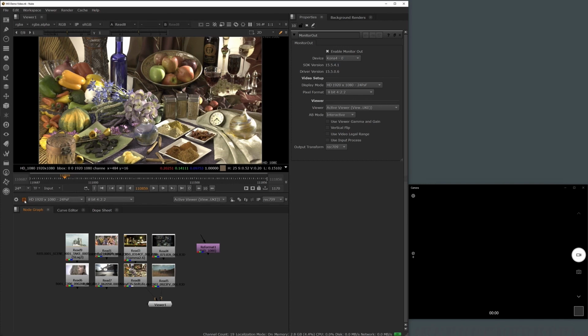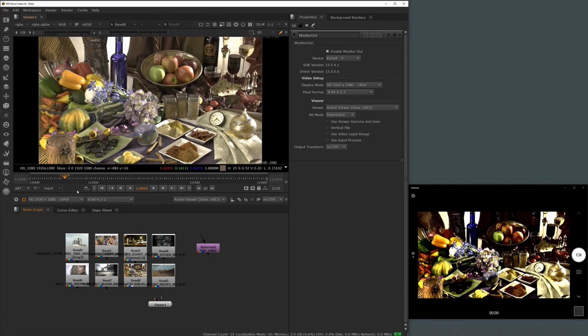In the demonstration, you will see an emulation of a reference monitor in the lower right corner of the screen. This monitor is being fed by an Aja SDI device, and the signal flow being shown here is identical to the one that would be feeding the UP3221. The demonstration is mainly focused on the Nuke product, but the viewer monitor out in Nuke Studio and Hiero are identical. Before going into the details, let's take a look at an overview of the new signal path in the